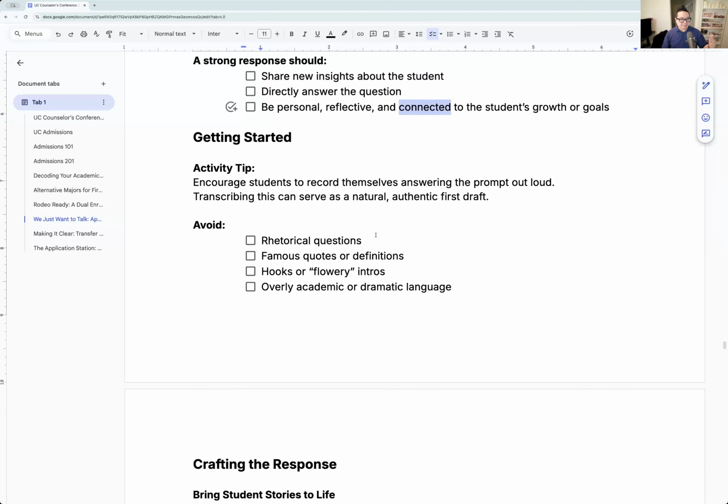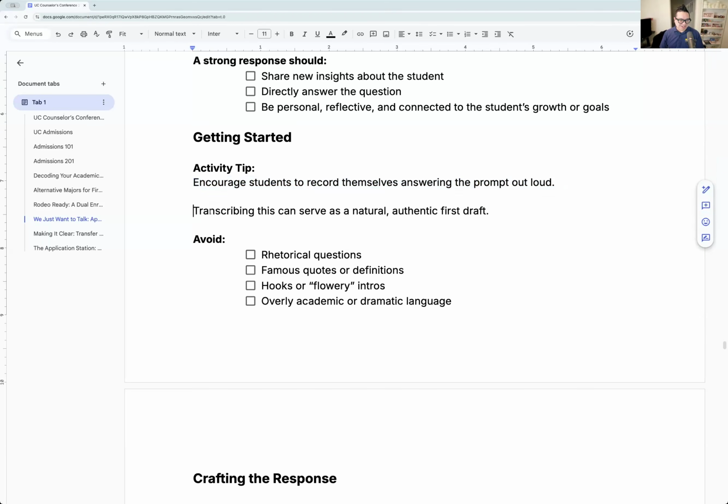Okay. Encourage. See, I said this too in the training. I think, literally, they're watching me. So someone who did this training watched our trainings, right? I tell students on their first draft to make it super simple. Literally on your phone, record yourself answering the question. Oh, my greatest skill is blah blah blah blah. I did blah blah blah blah, and transcribe that, and that is your first draft. Boom, they said that exactly verbatim as well.